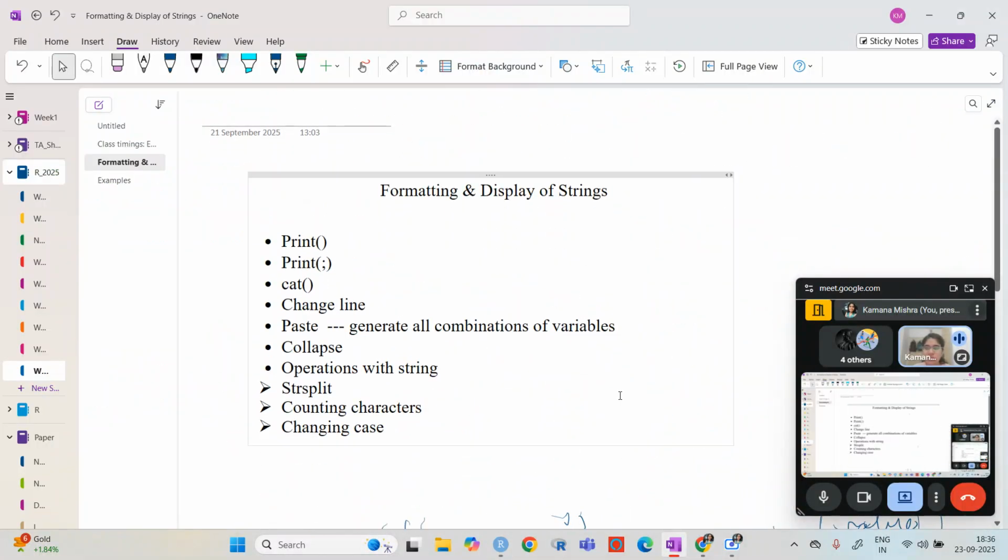Okay, so we have gone through basically print, and then again print, and then cat, and we have seen in cat how we can change line. Now there is another command, paste. In print you can see that we have very little, like we can just print a direct string, or we can just print the direct numeric. We can also print